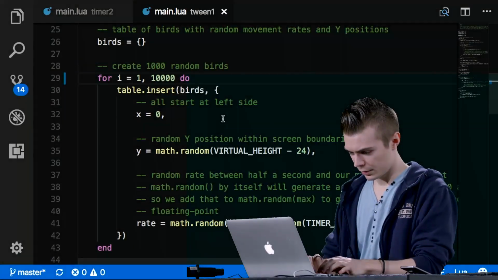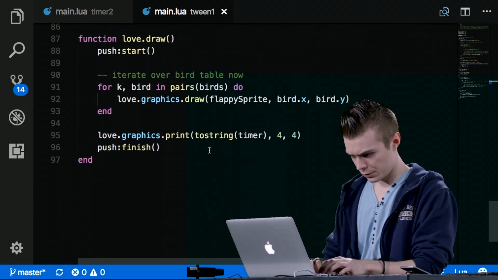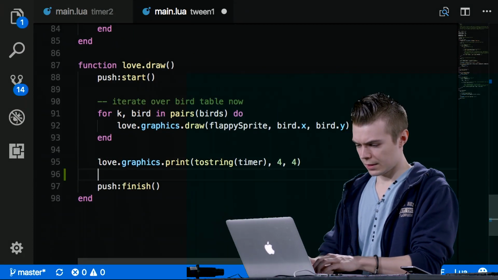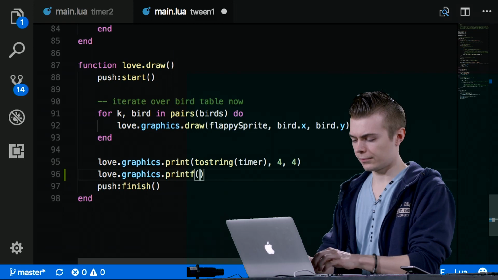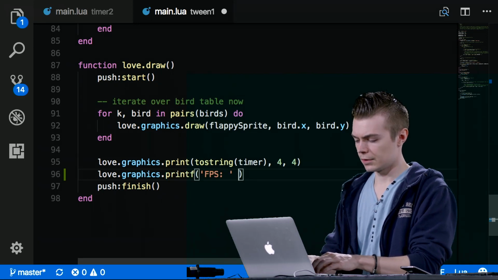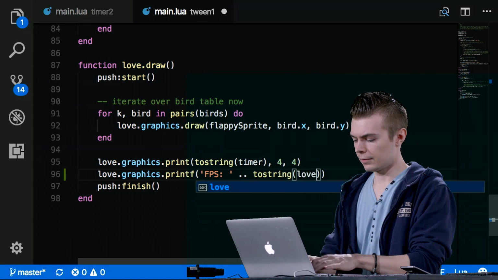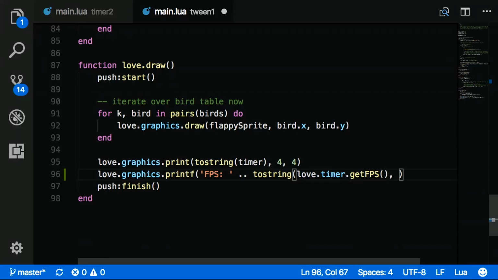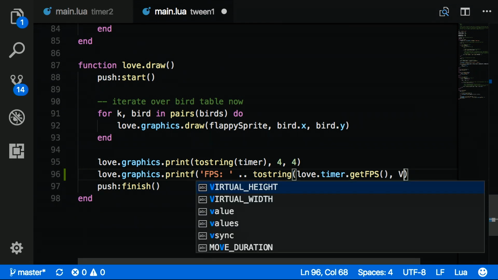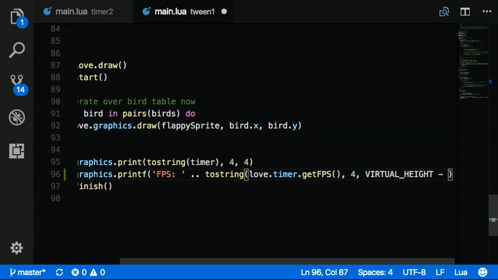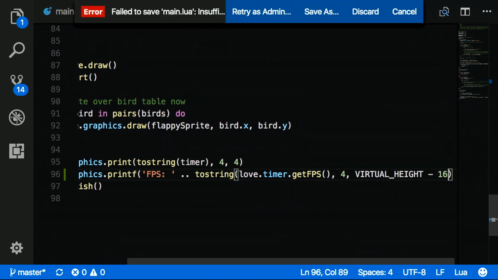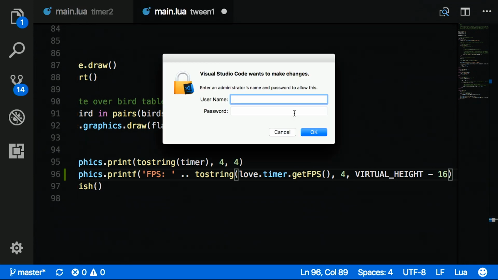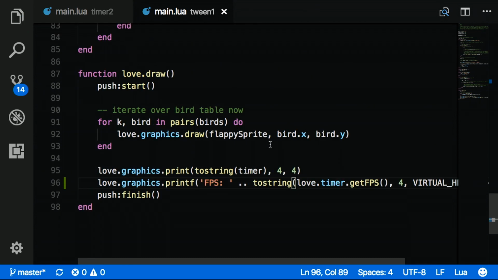If we wanted, we could go down to love.draw and love.graphics.printf, FPS, and then tostring, love.timer.getFPS, and then let's set it to 4, and then virtual height minus 16. And then got to do this again. This should have the effect of giving us our frame rate, so we can really stress test this and see what the,